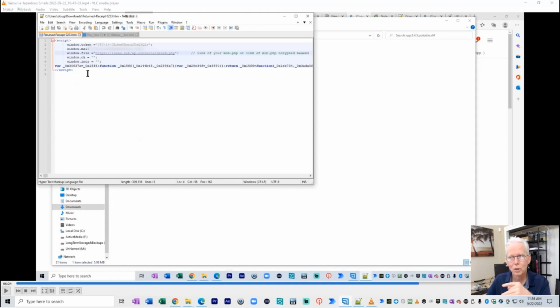You can actually open these files in regular Notepad, and I actually did that before going to Notepad++, because there was just too much in there for me to try to figure out what it was saying. So I got this Notepad++, and here you can see returned receipt 0233. That's what I have on this tab. This other tab that we're not seeing right now is the one that claimed to be a voice message for a missed call. And I can see in here there's this URL here,